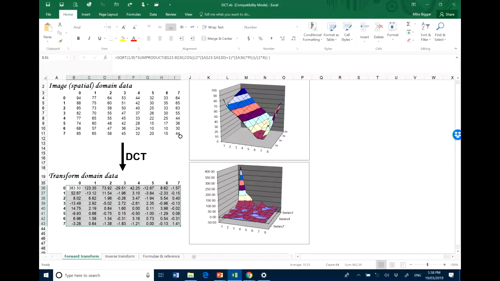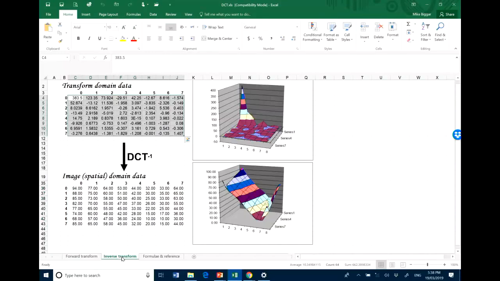We have a very high coefficient at the 0, 0 point. Remember, that one is proportional to the average intensity. A few high energy values near the origin, and then all these small ones outside. What is interesting, though, I think, is if we look at the reverse and consider what would happen if we